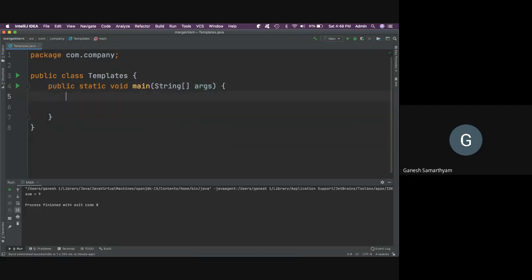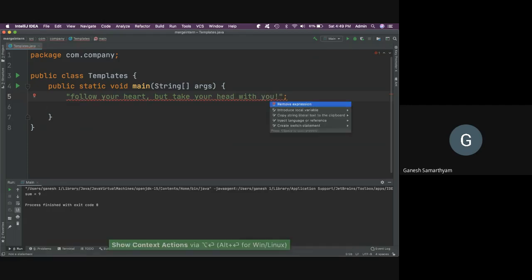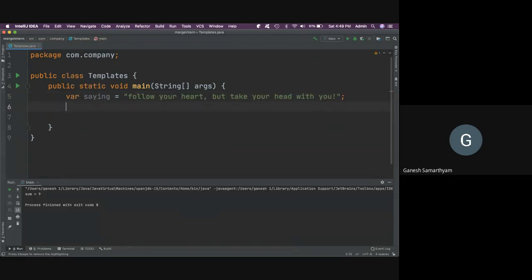Now let us create some values for us to play with. Follow your heart, but take your head with you. Some saying, something silly. Now let's create a variable saying, and let us tokenize this and traverse over it.